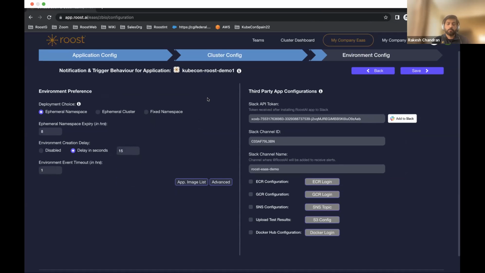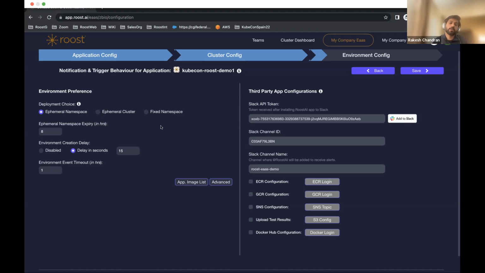And the third part is environment. So this is what Rishi mentioned before. For some enterprises, there may be multiple clusters, and for some it will be multiple namespaces within the cluster. So we do provide that option: what kind of environment preference you have. So in the cloud, you have a cluster. If you want to deploy every change in a new namespace every time, then you have that option. Or for every change, you create a new cluster every time. So that is the second option. And every time you deploy to the same one, that is also available.